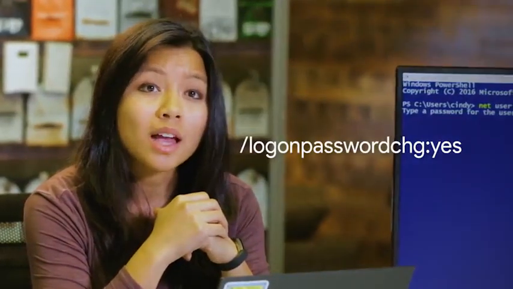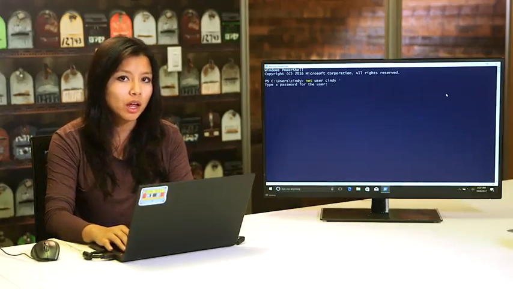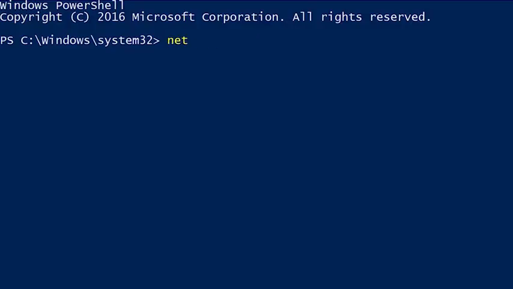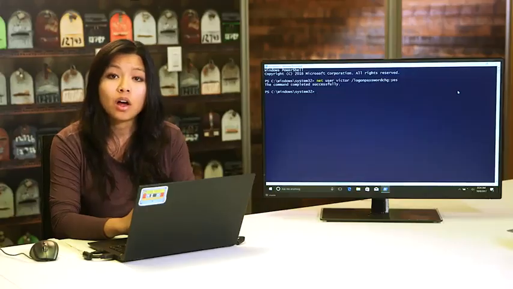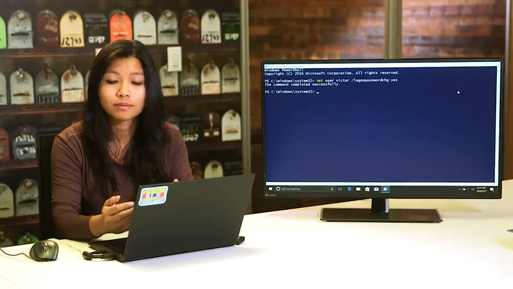Instead, we're going to do what we did in the GUI and force the user to change the default password on their next logon using the /logon password change yes parameter. So I'm just going to force Victor to change his password on the next logon. So net user Victor /logon password change yes. The /logon password change yes parameter means that the next time that Victor logs into this computer, he'll have to change his password. Sorry, Victor,